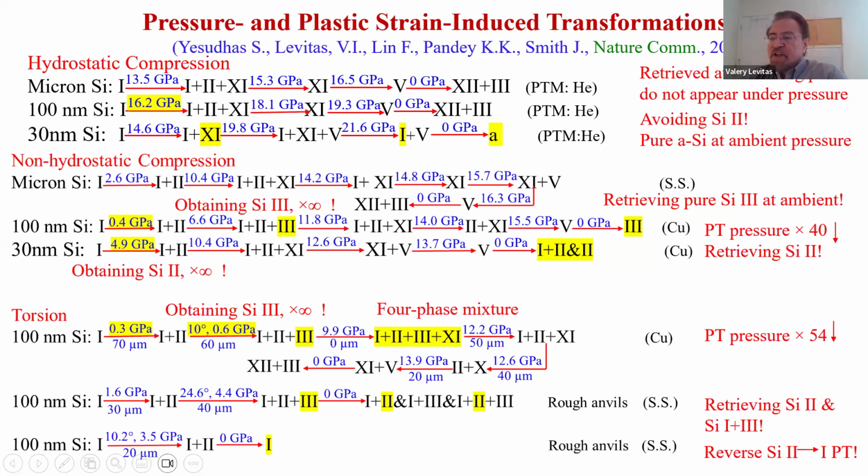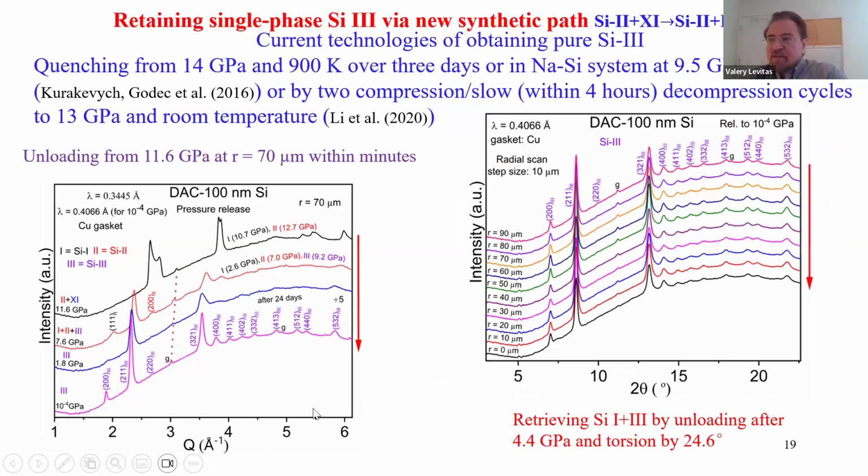Also, nobody could obtain a reverse phase transition from silicon 1 to silicon 2 because it transforms to different phases. But because we obtain silicon 2 at low pressure, we could reverse this phase transition. So you see that we can manipulate synthetic paths to get to desired phases. Also, an important problem is retaining single phase silicon 3 because of its unique properties. And one of the technologies suggests quenching from 14 GPa and 900 kelvins over 3 days. And we quench from 11.6 GPa without temperature and within minutes, and we obtain single phase silicon 3 in